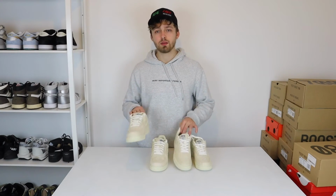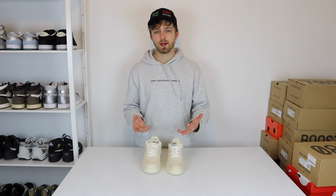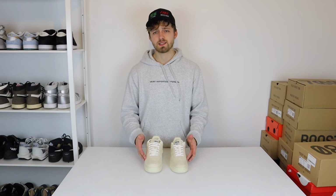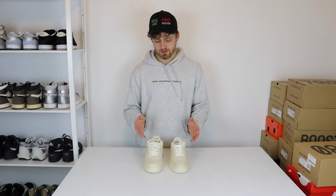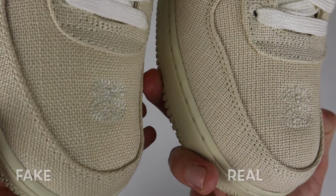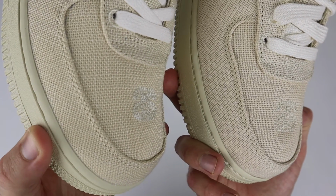So we'll be comparing the right side first. Obviously these shoes are different sizes, so do take that into consideration when I am doing this comparison. So the first difference to note is directly on the upper material itself. And if I give you a close-up of this, you can see that the material is very different from fake to a retail pair. Obviously there is a colour difference, the retail pair is slightly lighter, but if you look